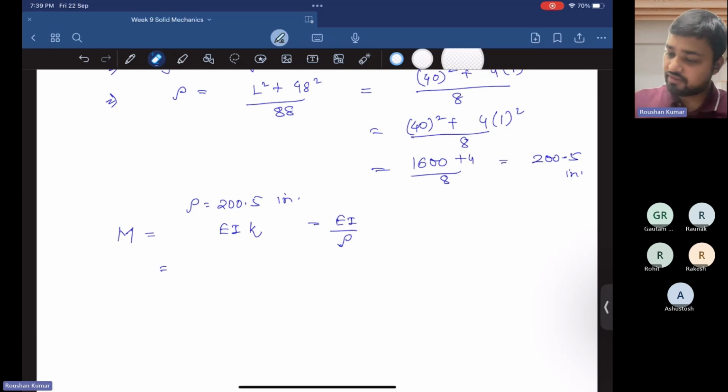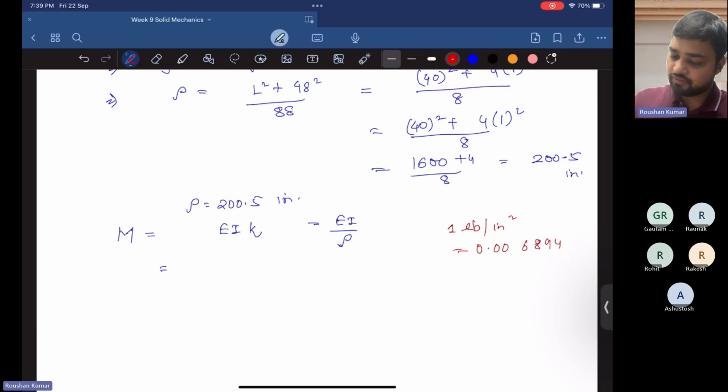So I am writing the conversion here. 1 lb per inch square equals 0.00689476 Newton per mm square. So when using this conversion in calculating the value of bending moment, it comes out to be 188.3 lb inch. Okay,